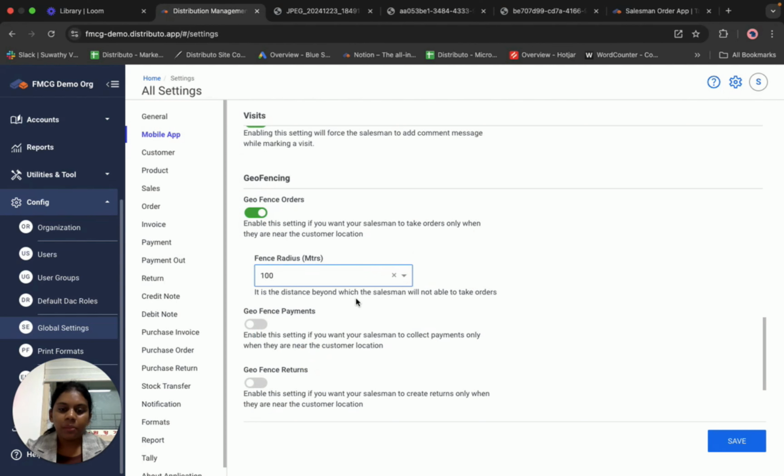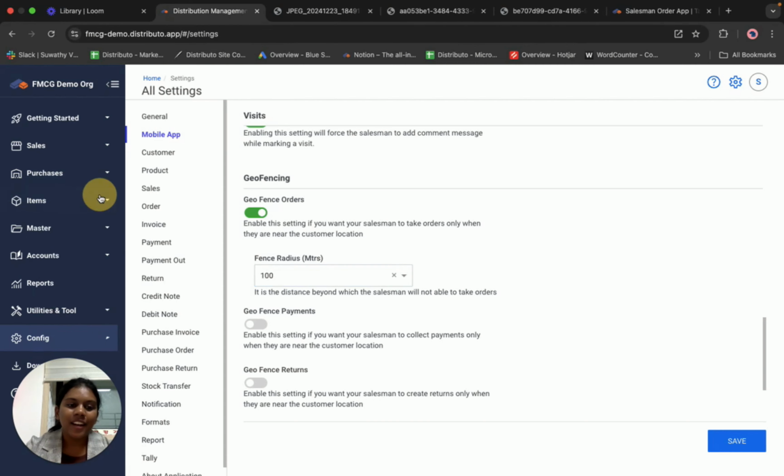Okay, so if you keep it as 100 meters, for example, if your salesperson is going into the field but not going to the customer's place, but somewhere else, and is trying to make the transaction or take the order, the software will not let your salesperson take the order. It will ask your salesperson to go to the customer's place and take the order. So if you have a big team, this option is going to be really helpful because we cannot track each and every person's location or visits. In that case, we can just enable the geofencing and make sure your salesperson is going to the field and taking the order. Okay, so this is it. This is how we actually